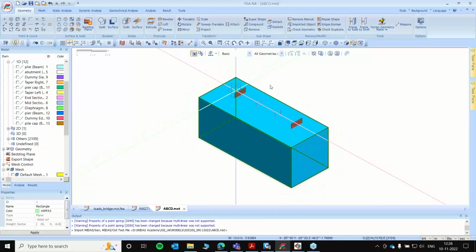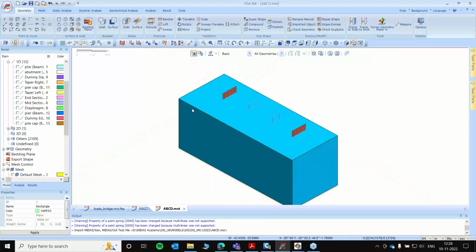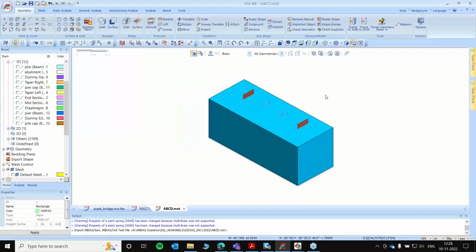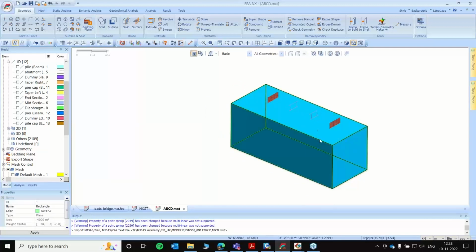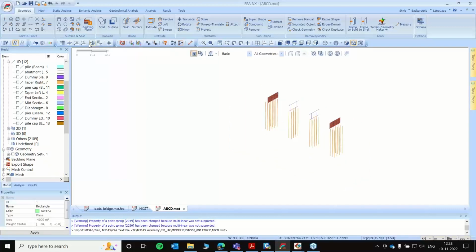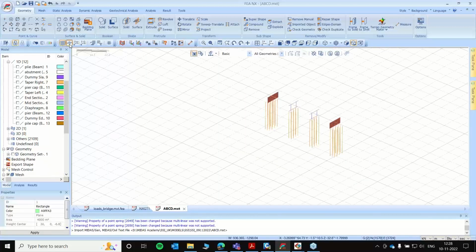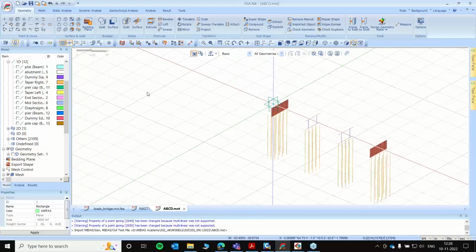So next what we do is, if you have a uniform ground profile you can do that, or otherwise if you have multiple soil layers you can also incorporate that, or if you have your borehole data then you can also develop your own soil model. I'll just show you an example of incorporating borehole data. So let's say I hide my geometry. Okay, activate the grid and this.